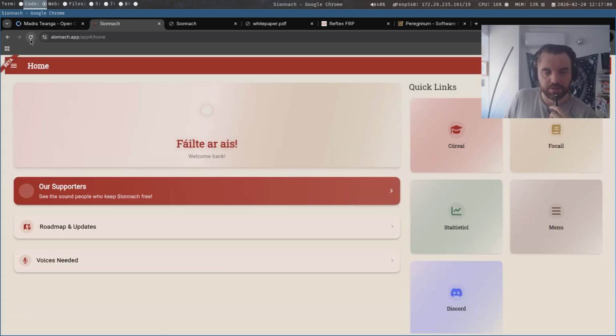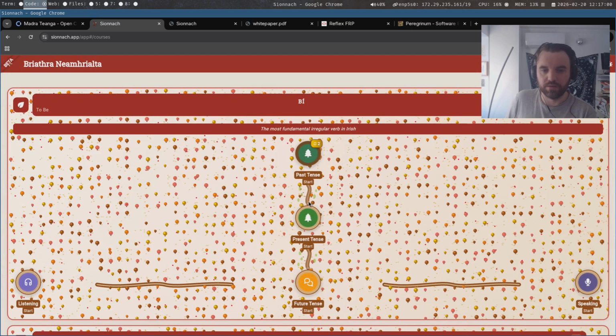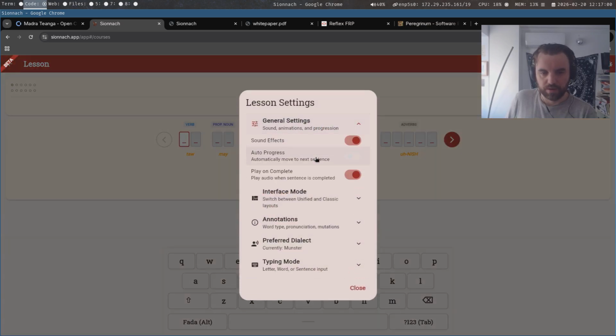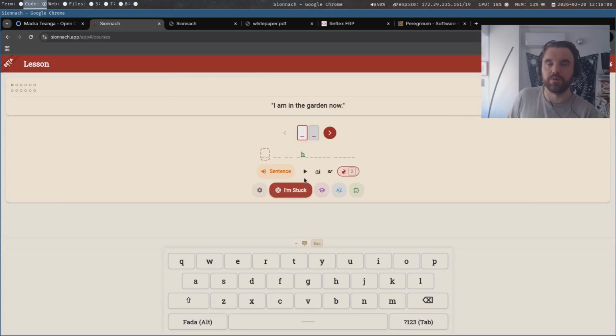So you could come in and have a very simple interface, and then depending on what you're trying to do or what's going on, you could upgrade it, you could change it to suit you.